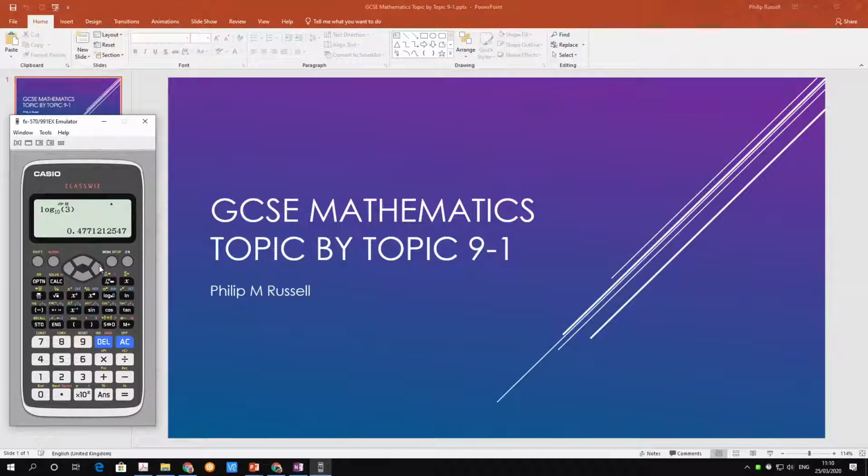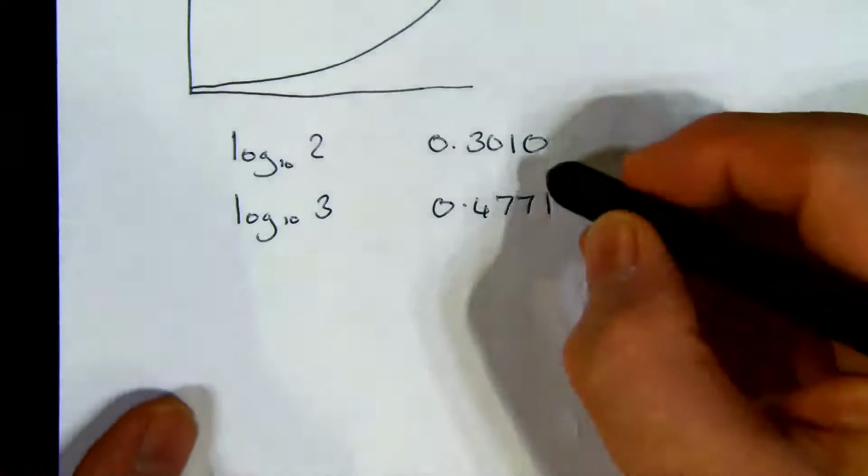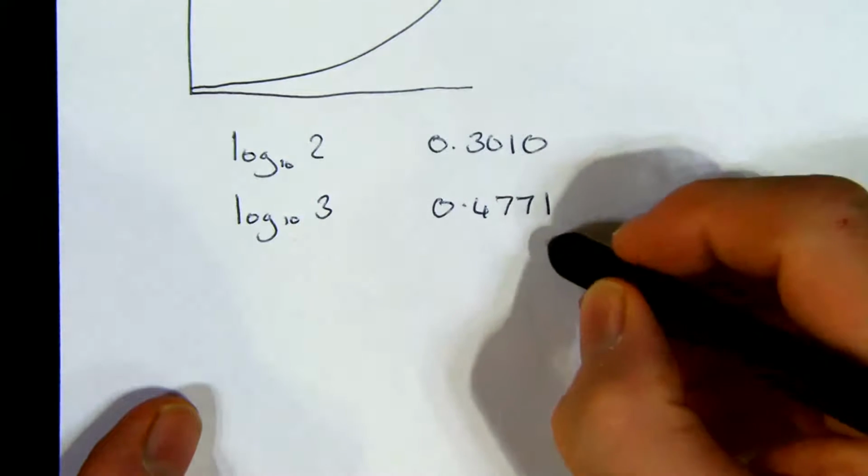And I'm getting the number 0.4771. Let's see what we can actually do if we try and add those two numbers up. So let's just do that. That's going to give me